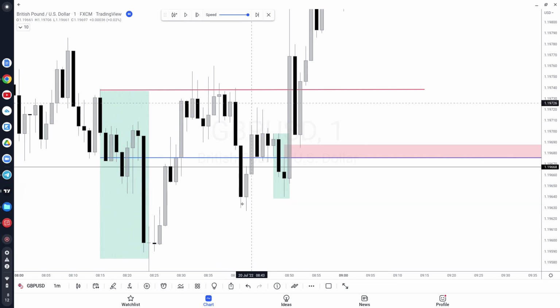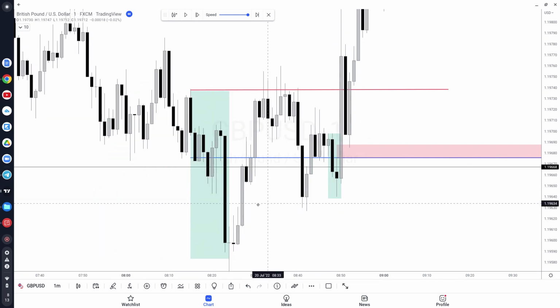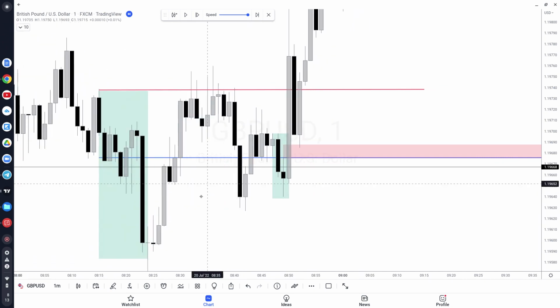What we expect after the intermediate term low, and just to re-explain what an intermediate term low is, an intermediate term low is a low that completely fills in a fair value gap, right? It fills in an imbalance. What you expect after you get that is a failure swing,